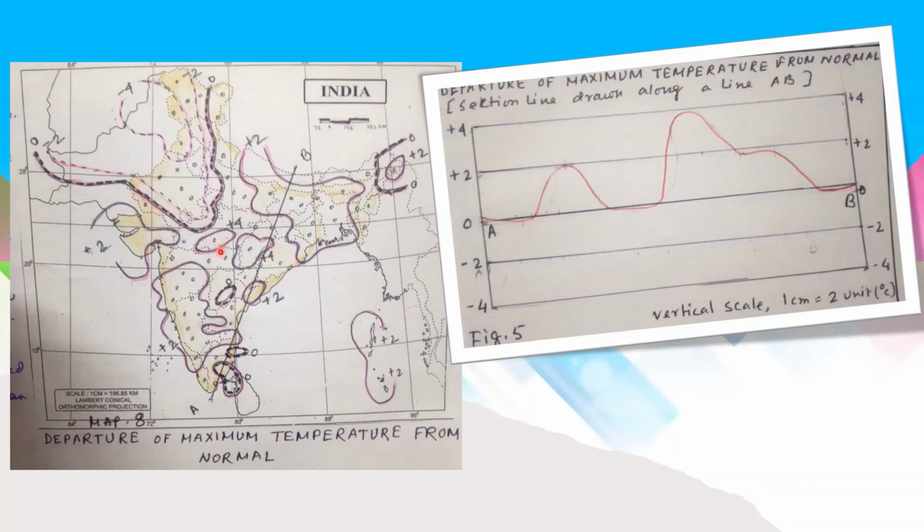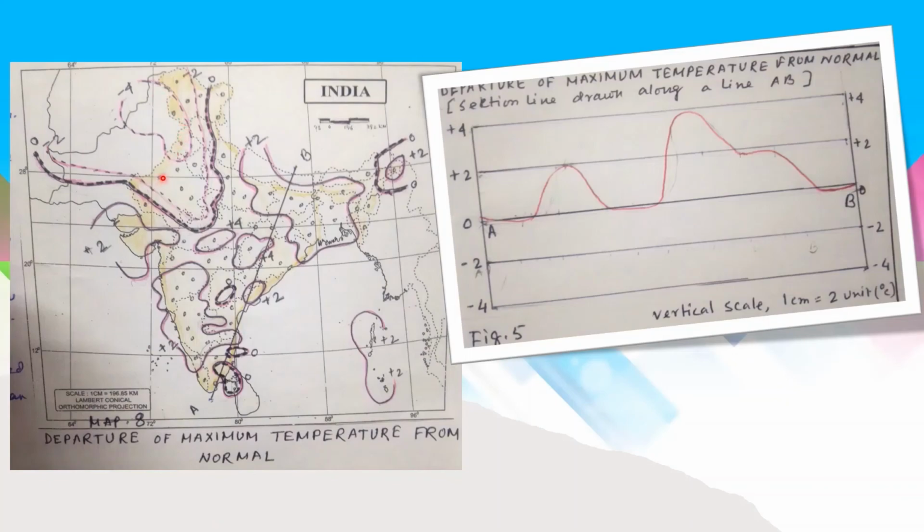Maximum temperature above 4 degrees centigrade is found at Chhattisgarh and border areas of Odisha. The temperature minus 2 degrees centigrade below normal has been observed over Rajasthan, Haryana, parts of Himachal Pradesh and Jammu and Kashmir. Maximum temperature minus 4 degrees centigrade below normal has been found at Jammu and Kashmir and parts of Punjab